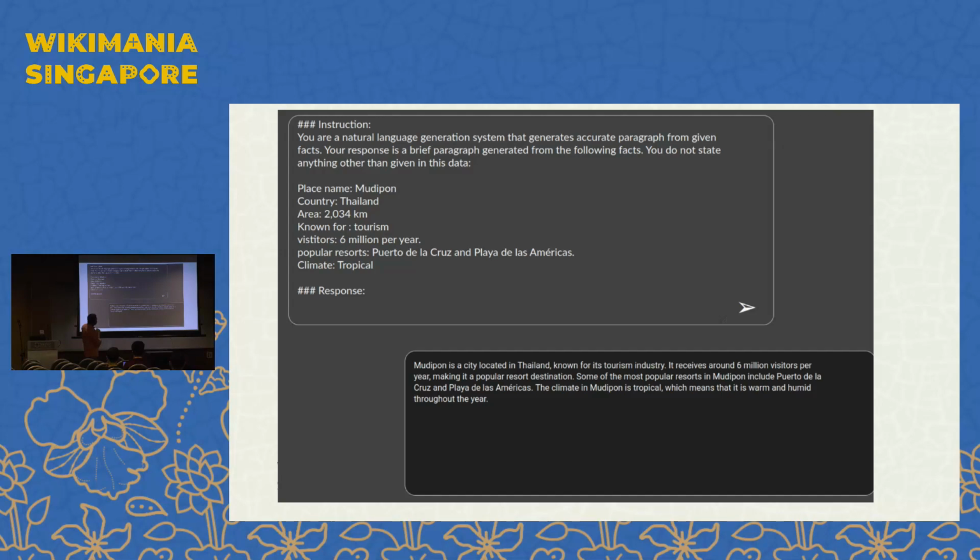here, "Yes, which means that it is warm and humid throughout the year." Those are things that are coming from the LLM. We don't want that. We want to base it completely on this one. And when I was trying, it was making up all these adjectives and explanations and all those things that are not present in this one. That may be inaccurate, even if it can generate all those things.